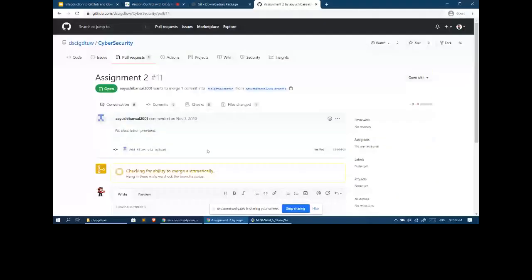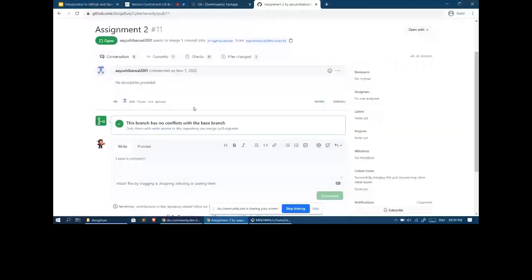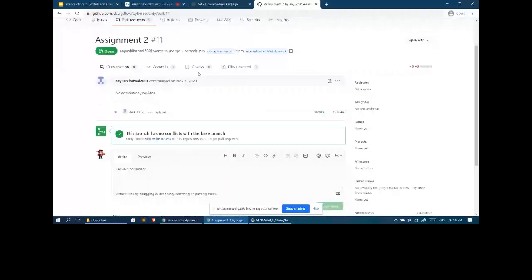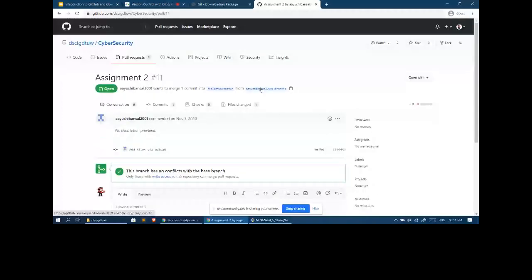Sorry for stalking the DSC-IGTU, but it is for demonstration purposes. You can see assignment 2 is just a demo file, right? The file has been uploaded with a branch name, branch name 1, and they want to merge this file into the master branch. So they have created a pull request, and